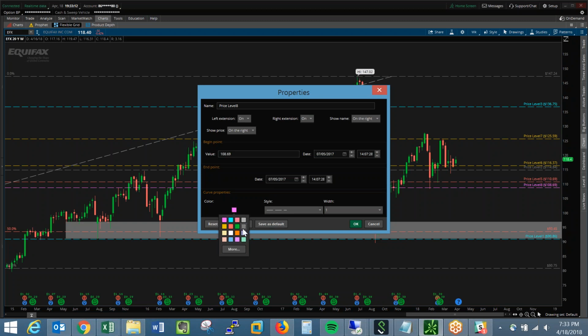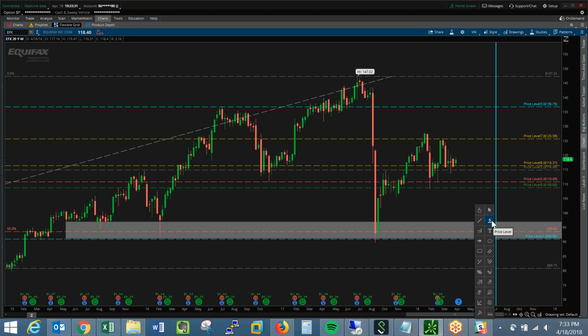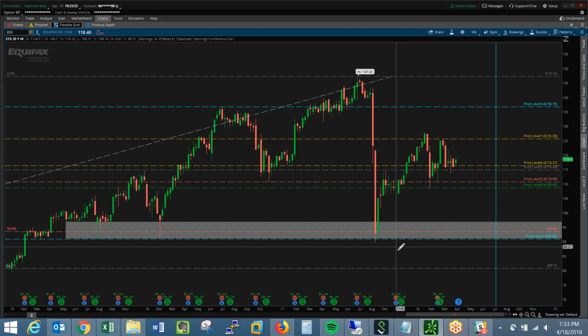An out of the money position there, and that was for a July expiry. I took a barely in the money position at 90